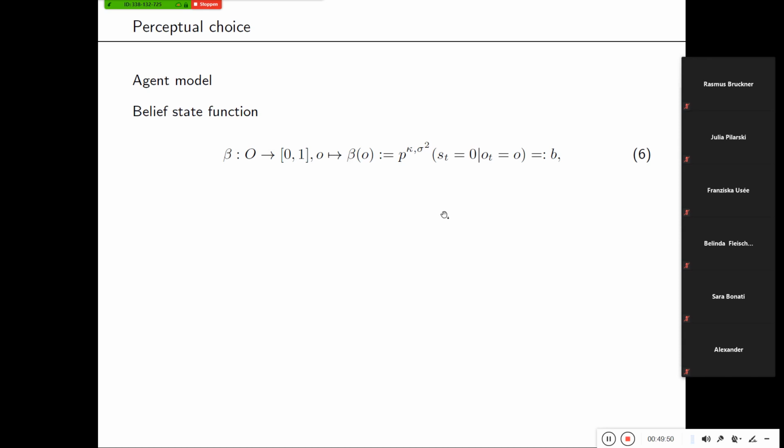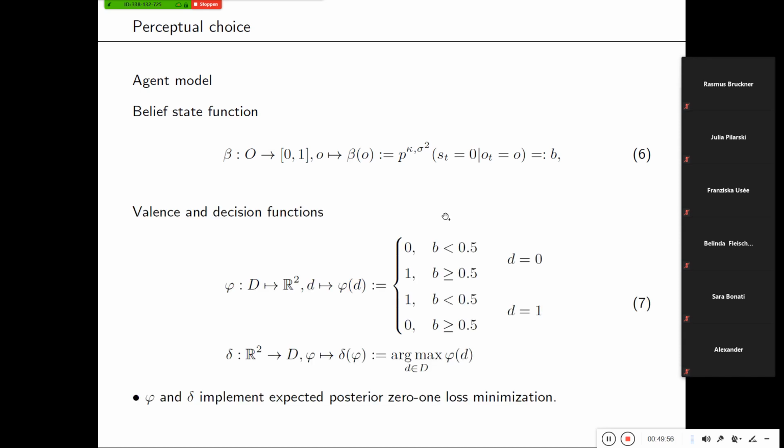Good. But in more general terms, the belief state function maps the observation of the agent onto the belief state. And what does the agent then do with the belief state? Well, first, based on the belief state, it assigns a certain valence to the decisions. Namely, for decision 0, it assigns the valence 0 if the belief state is smaller than 0.5, which means it believes state 0 is